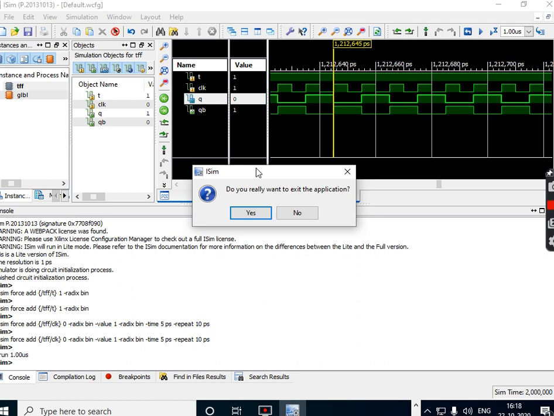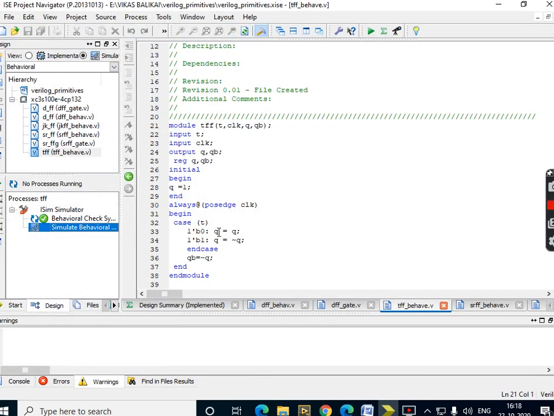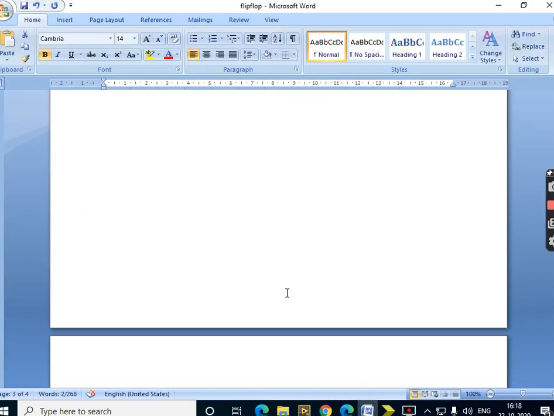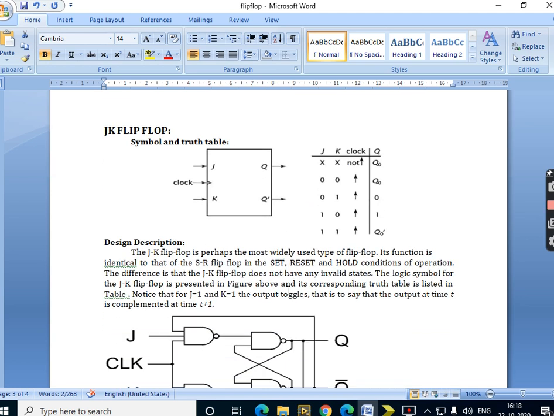Okay, so we'll go to the last one for today's lab, which is now the JK flip flop. The JK flip flop is also one of the important flip flops when you compare it with the SR flip flop, because in SR you get a particular state called the forbidden state. This JK flip flop avoids the forbidden states. Let us see the table of this particular flip flop.